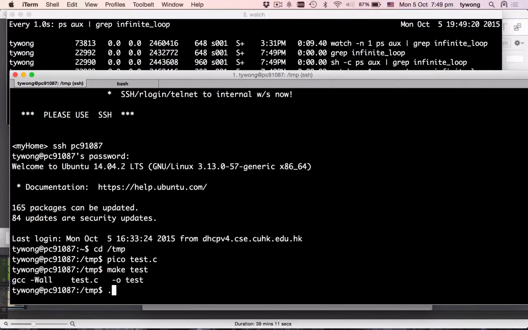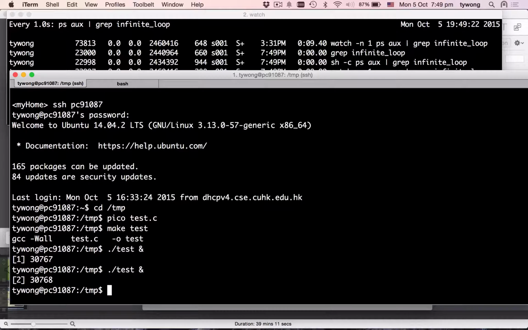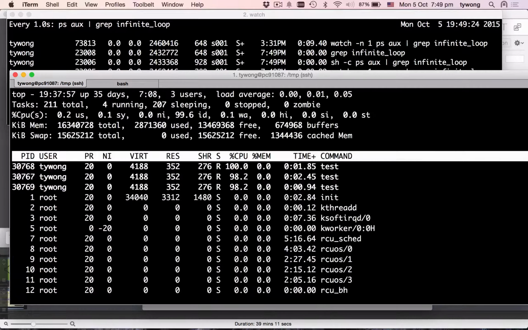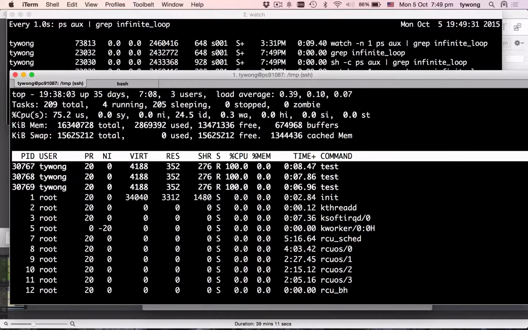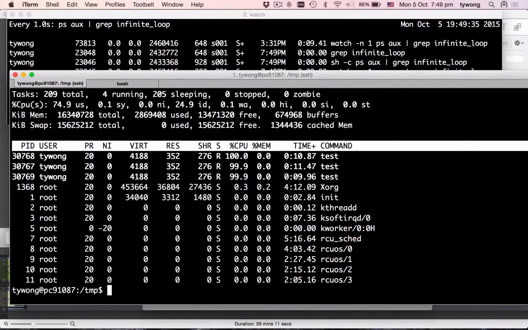Make test. Run. 1 guy, 2 guy, 3 guy. Take a look at the top. Okay, so I have 4 cores again in that computer. That is a Linux computer, not a Mac again. So 3 guys take up 100%. So if I launch a normal 4th guy,